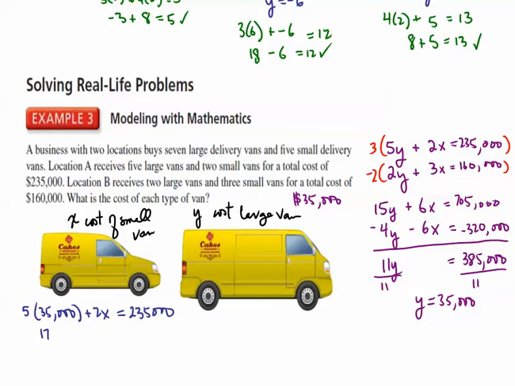So when I multiply 5 times 35,000, I get 175,000 plus 2x is 235,000. When I subtract 175,000 on both sides, I end up with